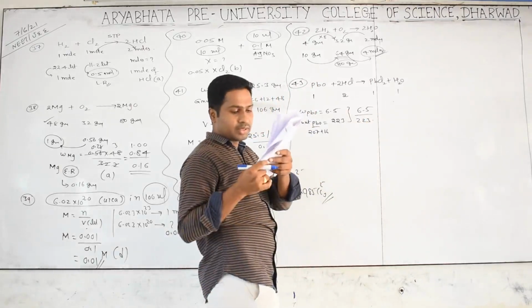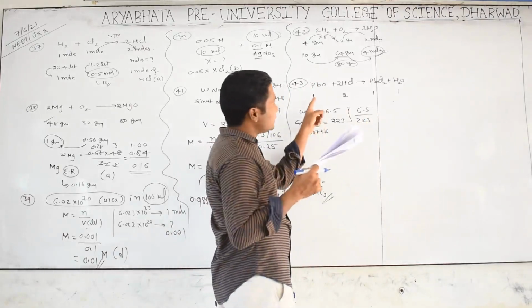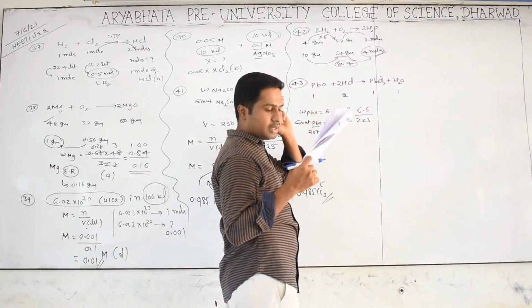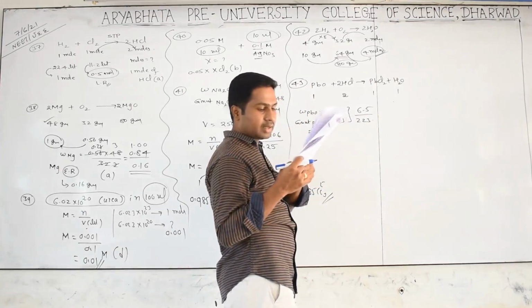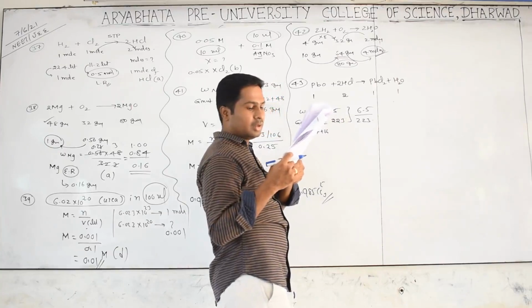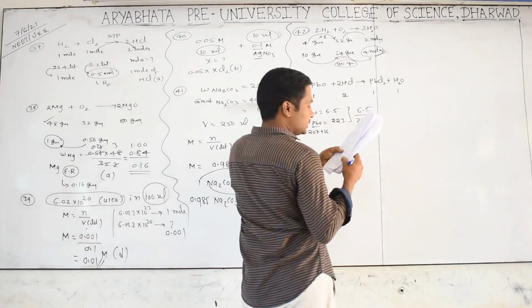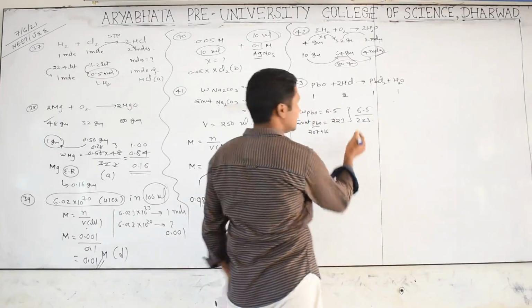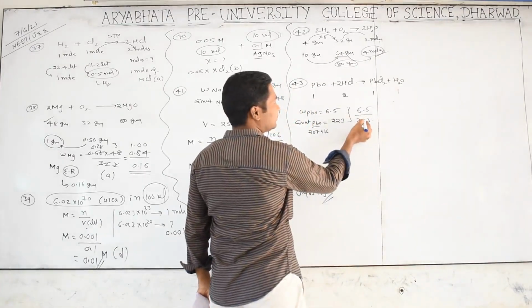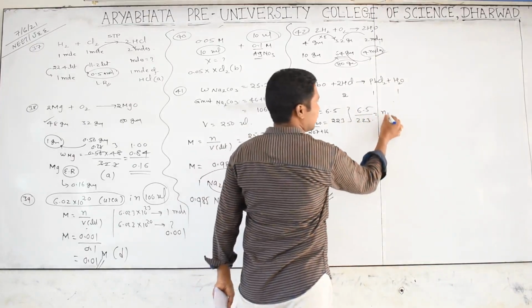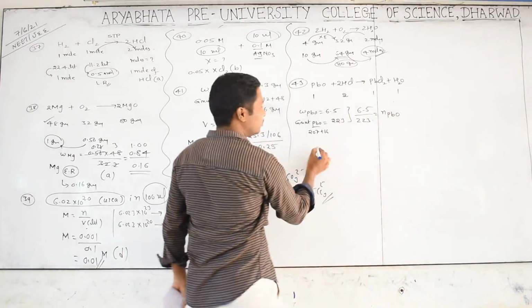6.5 by 223, what is it telling? It is asking how many moles of this will be forming, no? Do the simplification, and we are getting, I think, 0.029. This is the number of moles of the lead oxide, and the number of moles of HCl